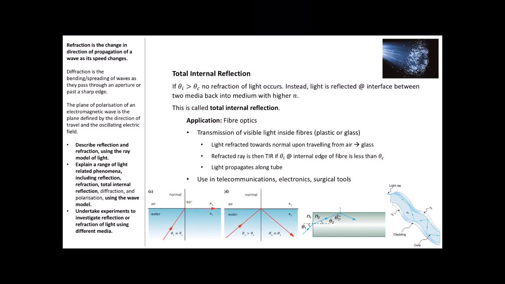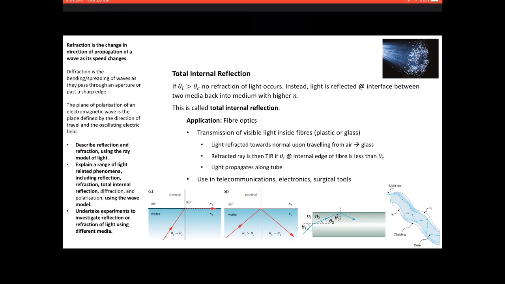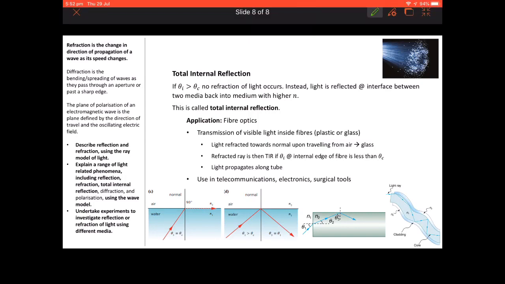The last thing we'll look at today is total internal reflection, and this continues on from the critical angle. So if the angle of incidence is greater than the critical angle, so with the critical angle, light is being refracted at 90 degrees, so along the surface between the interface of the two materials. If the incident angle is greater than the critical angle, then no refraction occurs and light is totally internally reflected. So light is simply reflected back at the interface between the two media and back into the medium with the